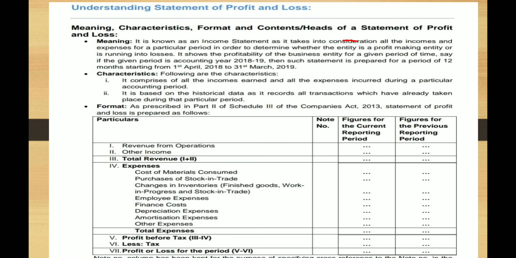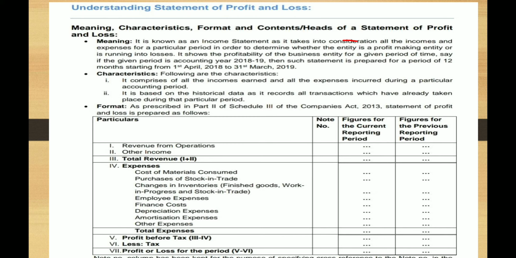Okay, so the income statement considers all the income and expenses. Whatever you generate, whatever you spend are included in the income statement, and it is prepared on the basis of time period, whether in quarters or in an accounting period. And after making the profit and loss account or income statement, you get knowledge about whether you are a profit making company or a loss making company.